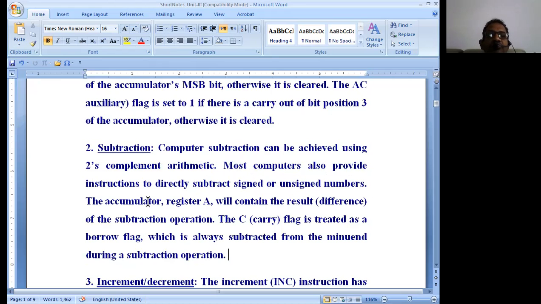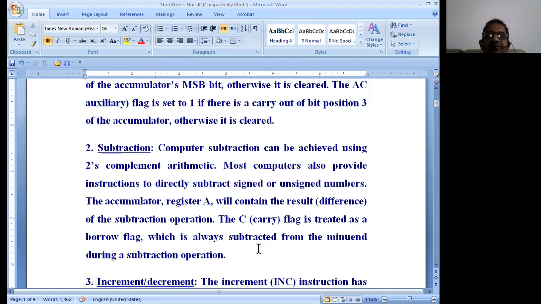Most computers also provide instructions to directly subtract signed or unsigned numbers. The accumulator register A will contain the result, which is known as the difference of the two operands of the subtraction operation.